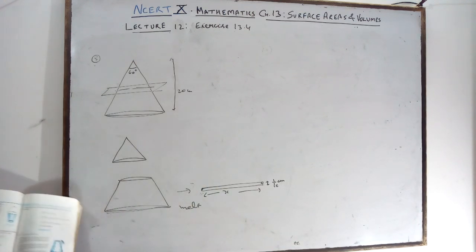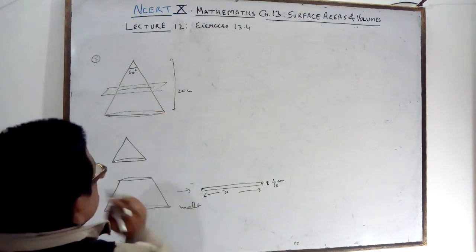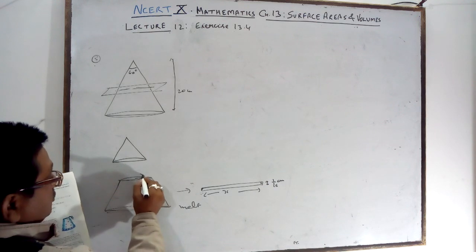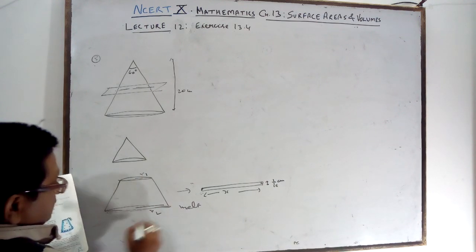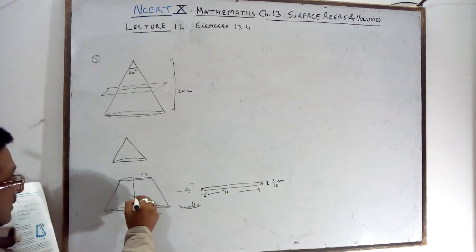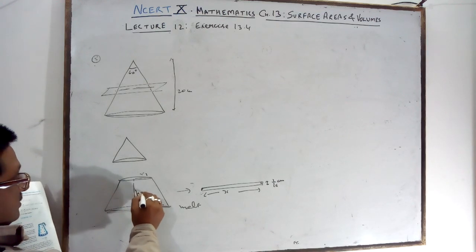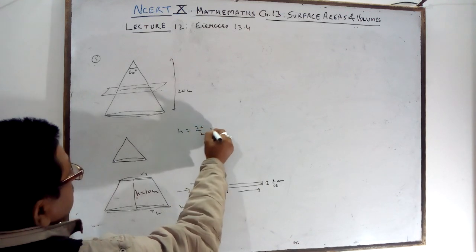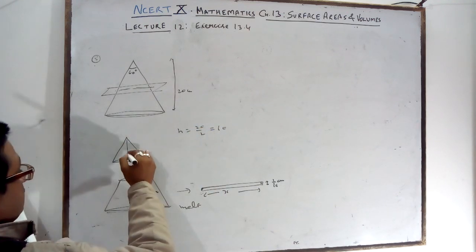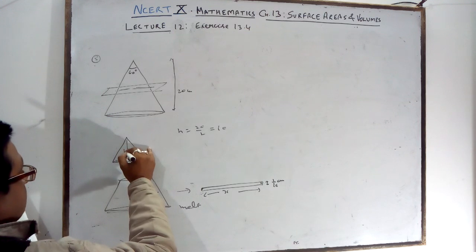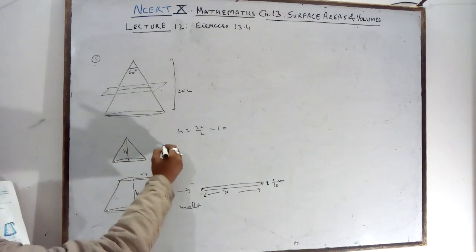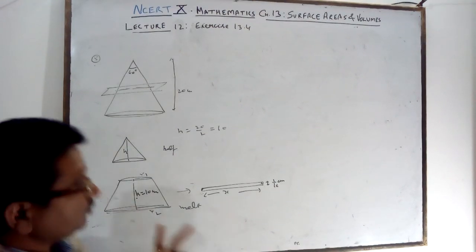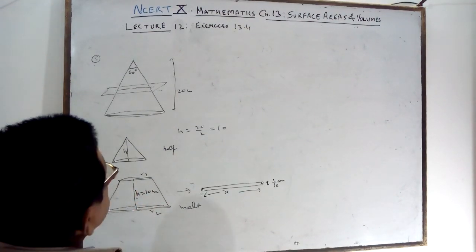But first, it is 20, it is 60, other things are not given. How will you find out the volume of this? You want to find out R1 and R2. Then you will get this and this H. This H is equal to 10 centimeter. Why is H equal to 20 by 2, 10? Because it is given half. Half means the 20 centimeter is divided into 2 parts.